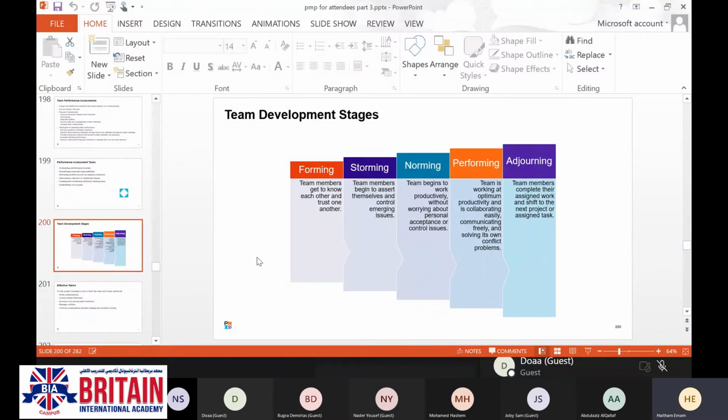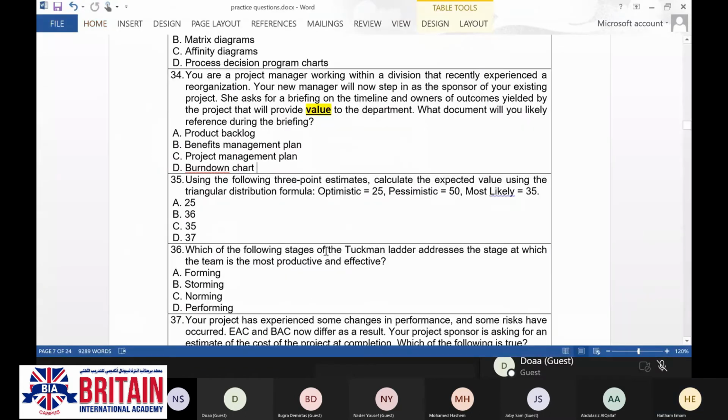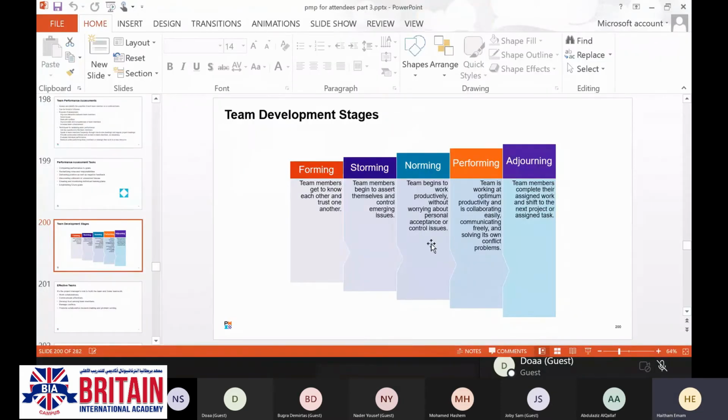When it comes to this scenario, when you'll be asked about the Tuckman ladder, this question is mainly talking about the team development stages. We have 5 stages for the team development.